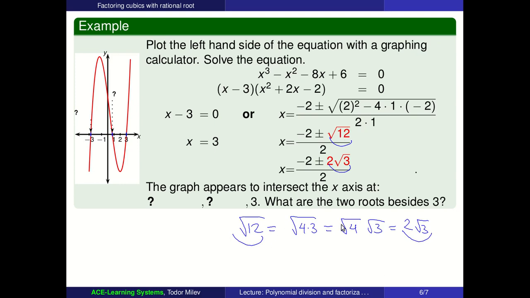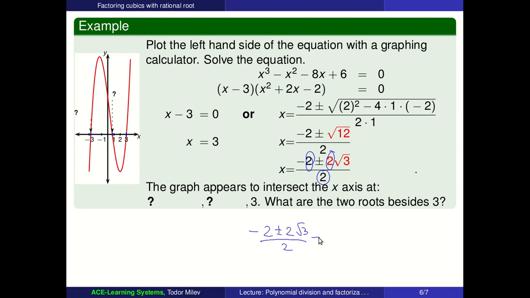And here, as you can see, I'm having a common factor of 2 which repeats top and bottom. So I can simplify further like this. I can factor out 2 to get negative 1 plus or minus radical of 3, the whole thing over 2. The 2 cancels top and bottom, and I get negative 1 plus or minus radical of 3. And this is our final